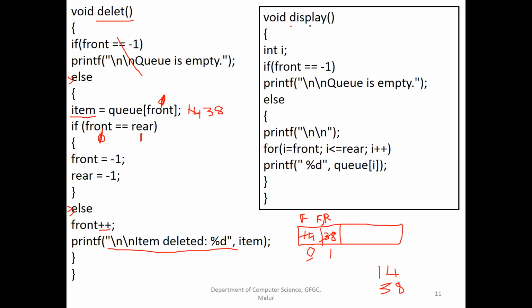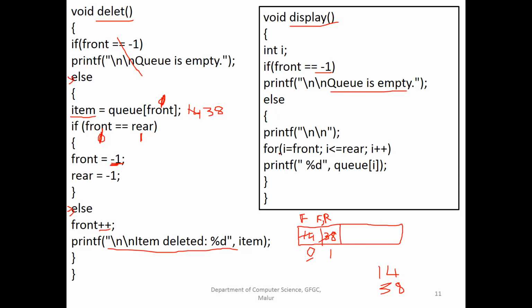And if our choice is 3, it will work with the display option. So here we are using a variable i is 1. To display, just use a for loop and display all the items in the array. That's all. So it's very simple to display an item. If front equals -1, print Q is empty. Empty means, if front is -1 means Q is empty. As for this example, if you take, the answer will be Q is empty because the front value is -1. If you could remember, we decided front as -1.